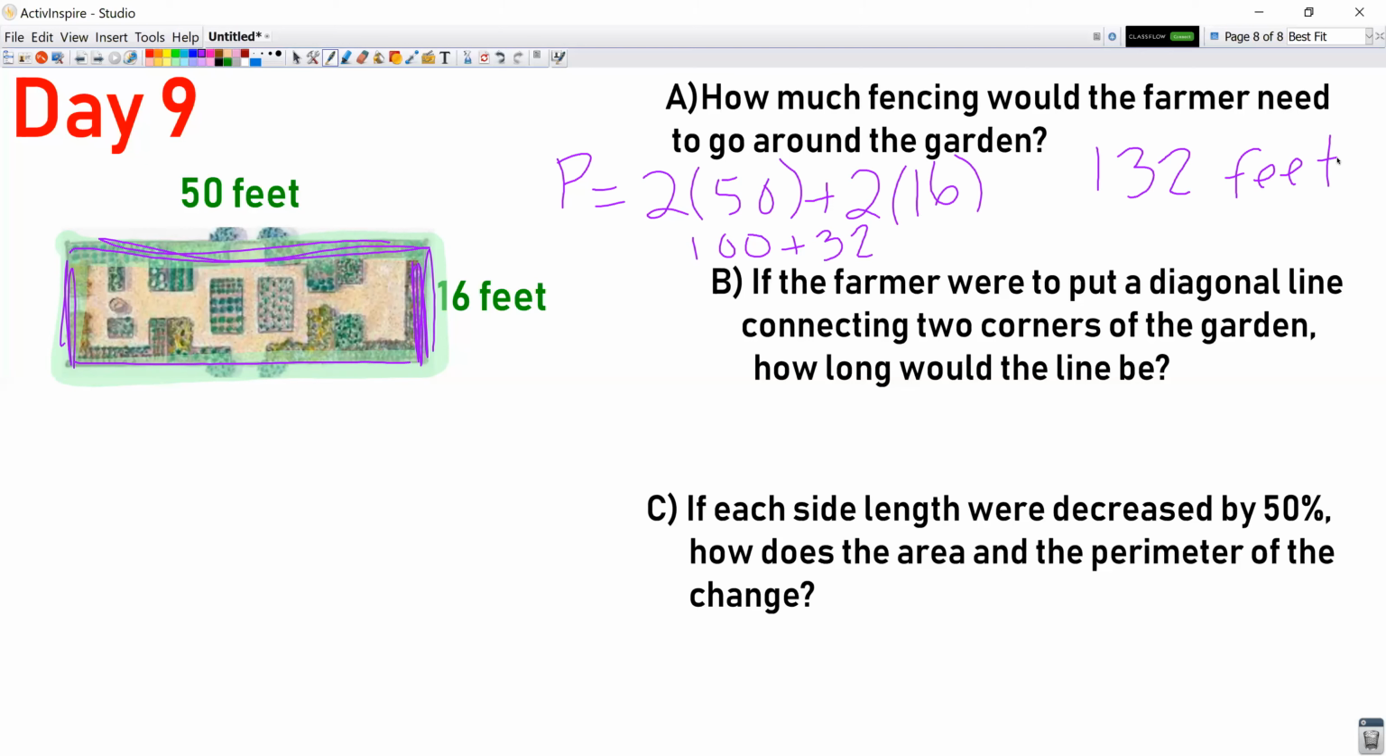I'm going to go ahead and talk about area in this problem because we're going to need that for letter C. So does anyone remember the formula for area of a rectangular garden? If you said length times width, you're correct. So length times width. So we are going to do 50 times 16,